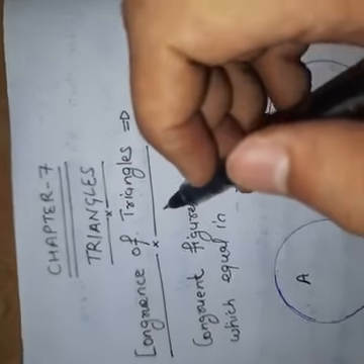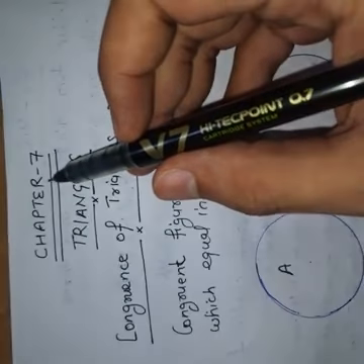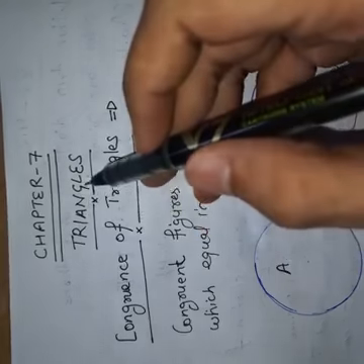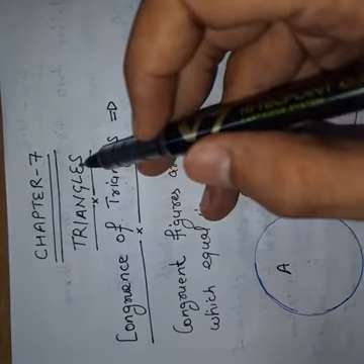Dear students, today we will start our new chapter, which is chapter 7. Name of chapter is triangles. So, all of you know what triangles are. In this chapter, mostly we will focus on congruency of triangles. So, what is congruency? Already in your previous classes, you know the basic concept of congruency from class 7, class 8 also. So, what is congruency?